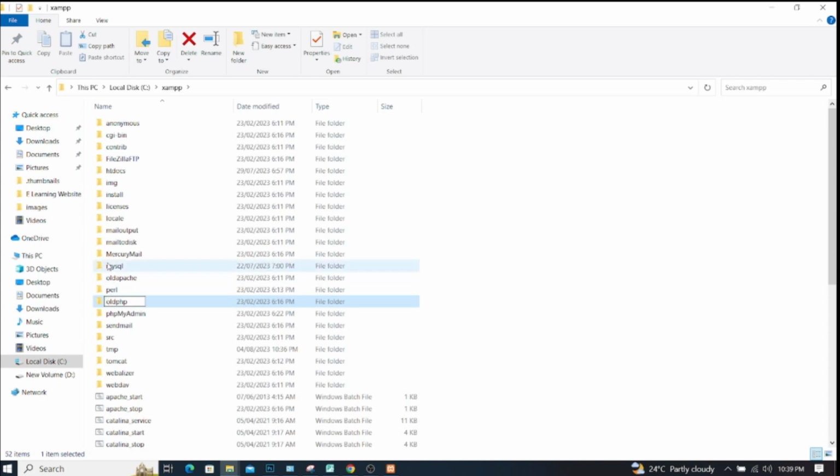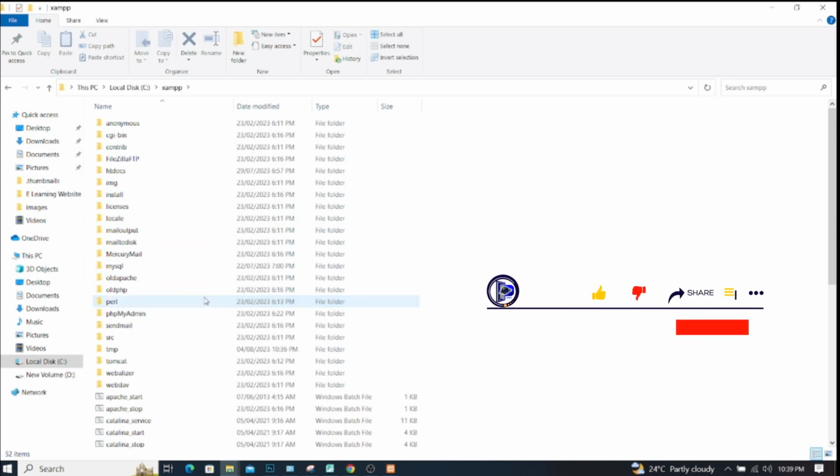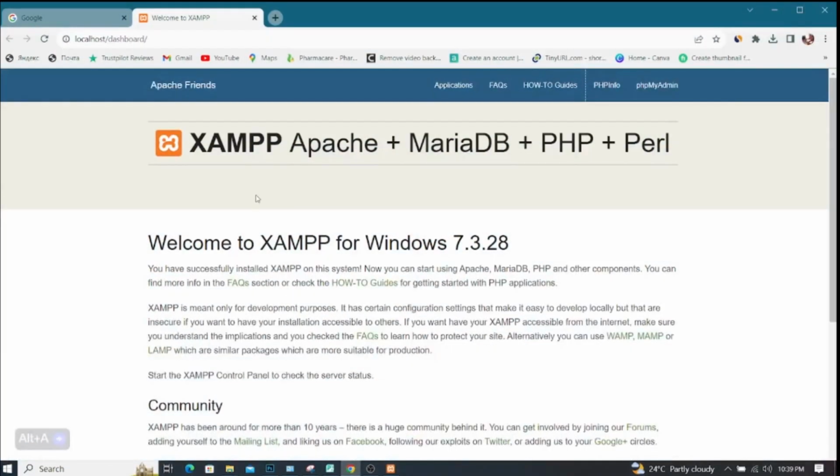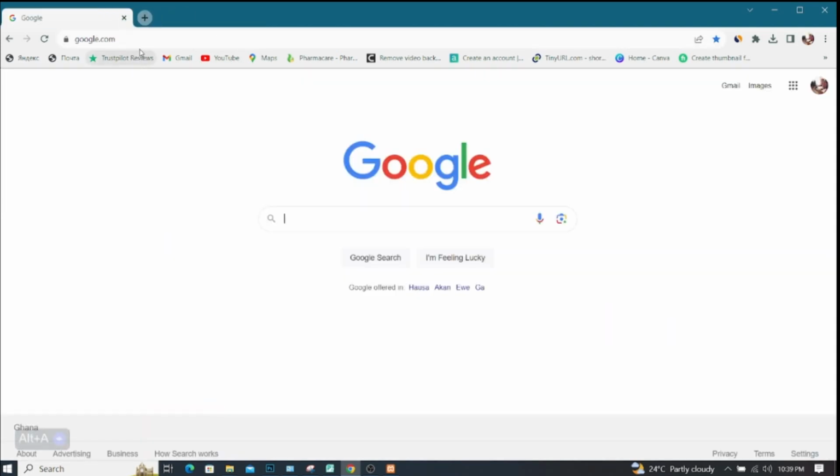So I'm done renaming my PHP and my Apache folders in XAMPP. After I'm done, I'll go to Google to search for the XAMPP upgraded version, the one I wanted to upgrade to. I'll minimize this and close the control panel. Now I'll come to Google and search for